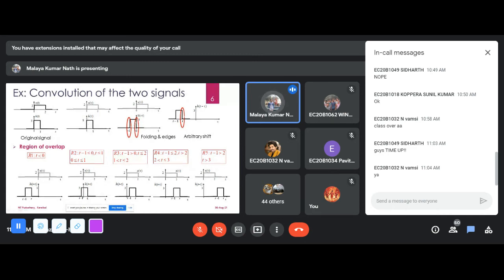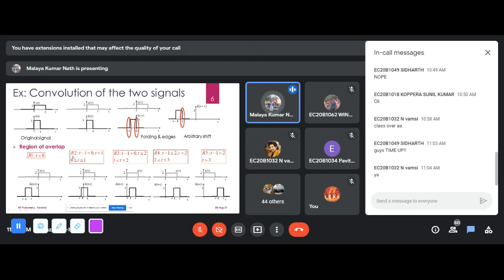As it is folded, it will look like this. That means one edge will lie on the y-axis, and another edge will be at -1. These are called the 2 edges. So this is the determination of the edges. If I shift this folded signal to any arbitrary location, suppose I shift it to t. I don't know, t may be positive, negative, or 0, anything can happen. If the right hand edge is at t, then the left hand edge will be at t-1. Why at t-1? Because the width of the signal is equal to 1 unit. As the width is 1 unit and this edge is at t, this will become t-1. I hope it is clear to you.